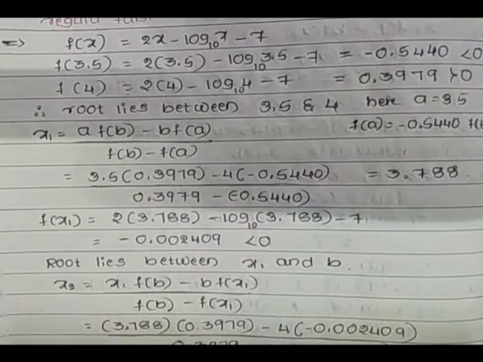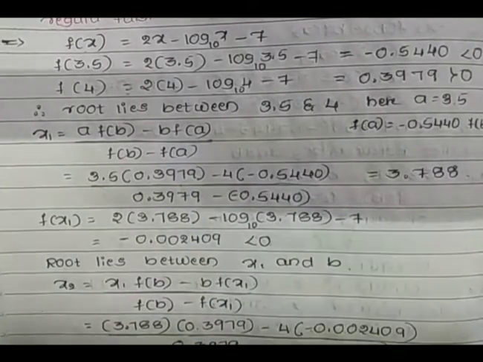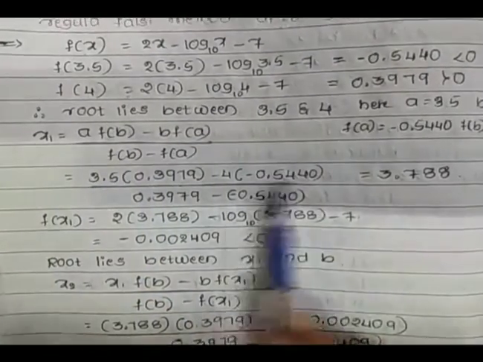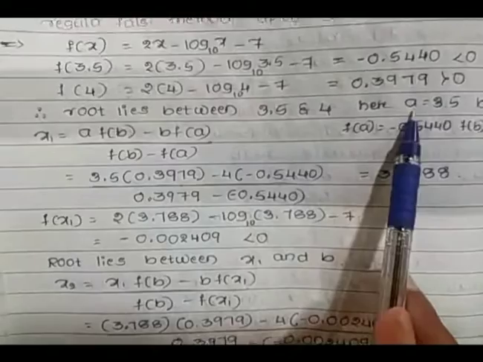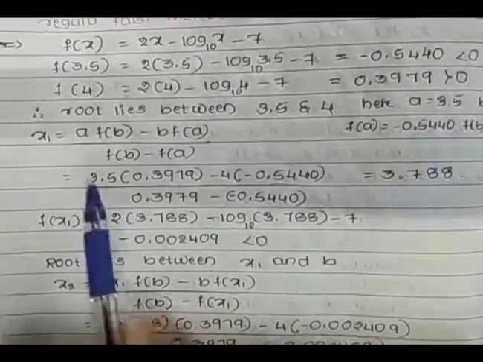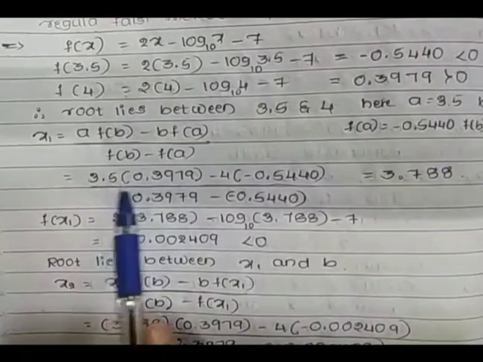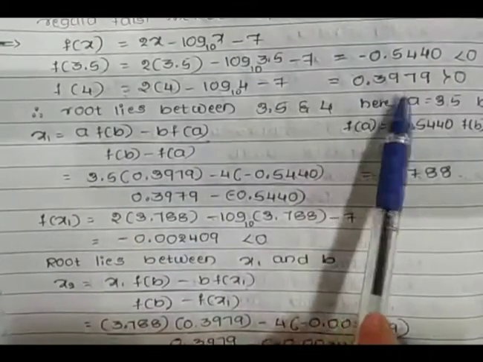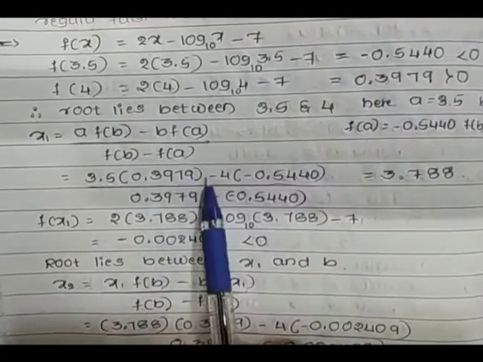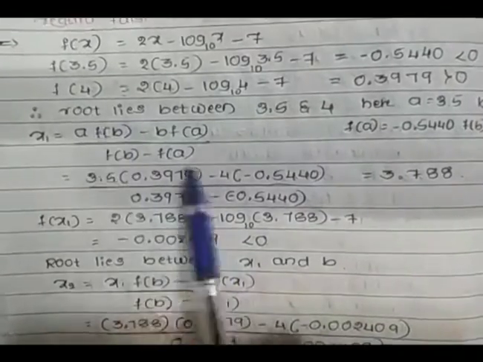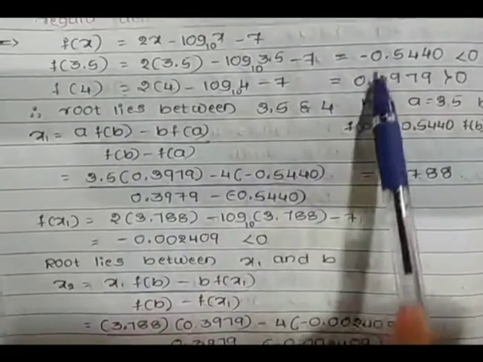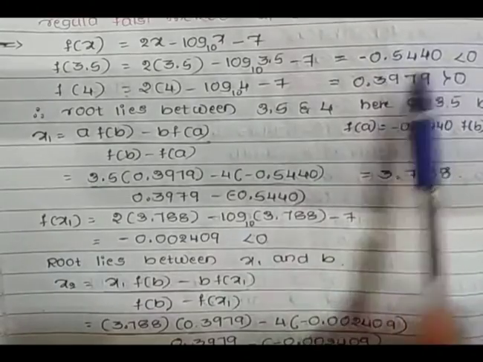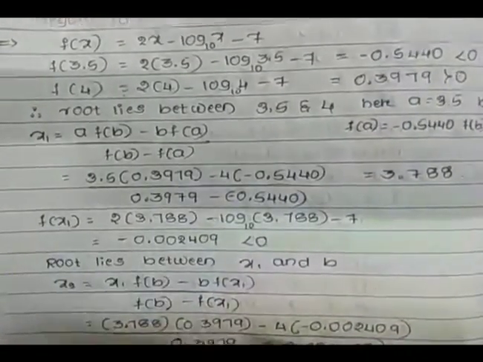This is the formula which we have to use to calculate the first approximation. Now, according to this formula, substitute the values. Here the a value is 3.5. Substitute 3.5 into f of b; the value is 0.3979. So substitute here: minus b, the value is 4, and f of a value is minus of 0.5440, divided by, in the denominator,